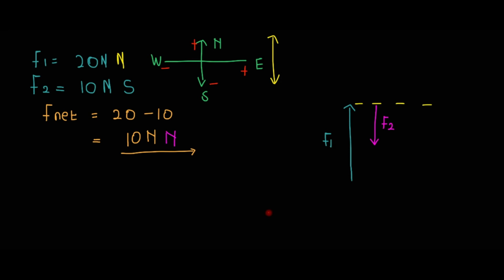And then when we draw the Fnet, the total, we start at the tail of the first vector, and then right there we approach it in this way, ending at the head of the last vector. So this one is Fnet, this one is 10 and this one is 10, so they are equal, in this way. So that is our answer. And then something else I want to highlight, usually when we subtract, in this case